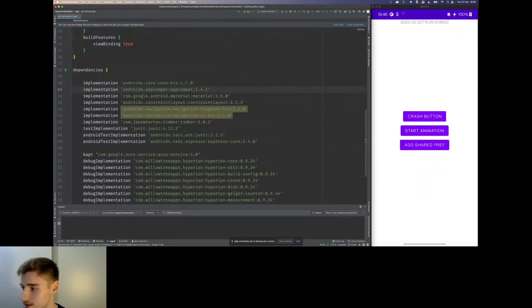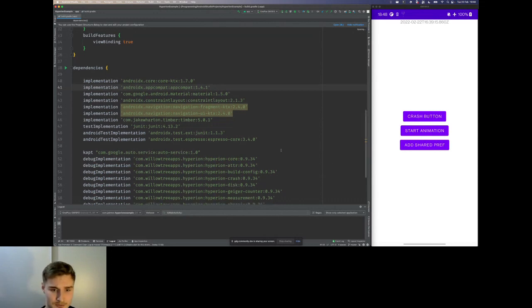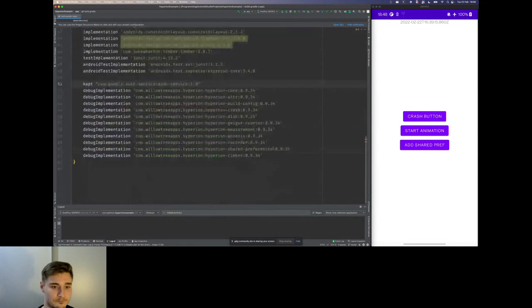Okay, so I'm Jakub. I've developed Android apps for some years now, and today I want to show you a tool that I've recently learned about. Programming is all about learning, so even after many years you can always find something new. And the Hyperion library was something new for me. What is Hyperion?